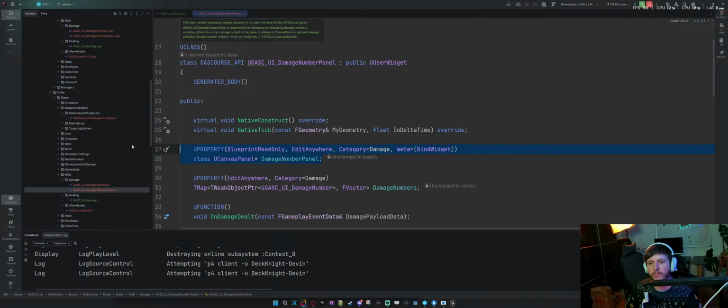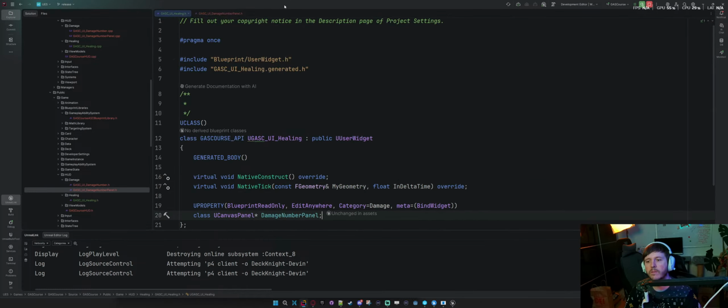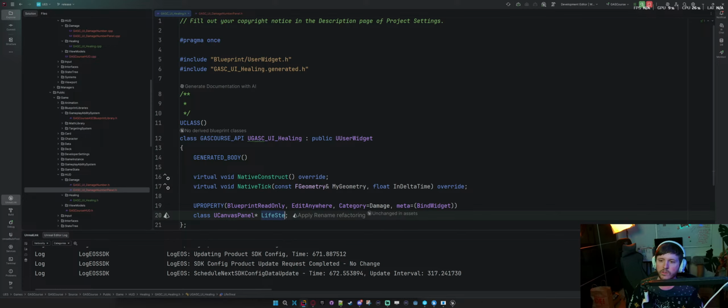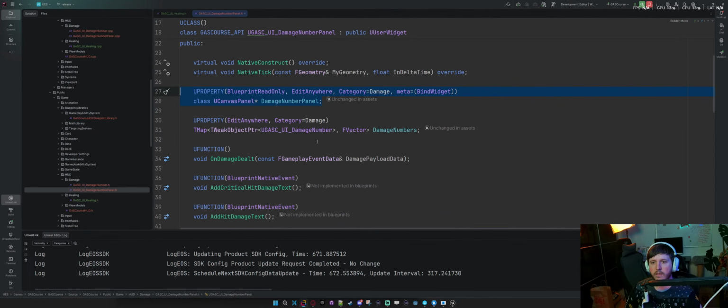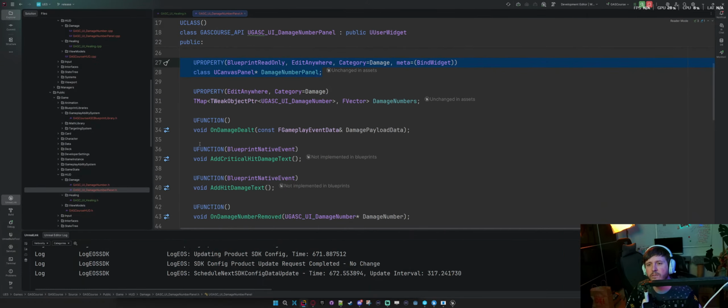Yeah, canvas panel. And then we'll call it a life steal or a healing container. And then we need to have our callback in there.